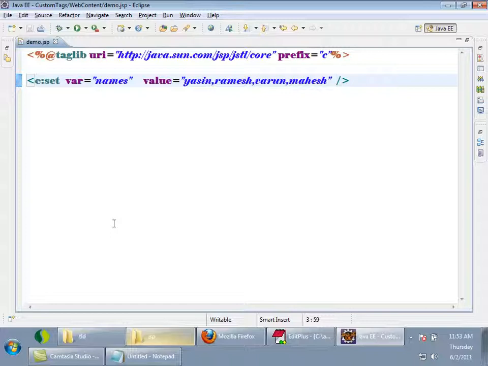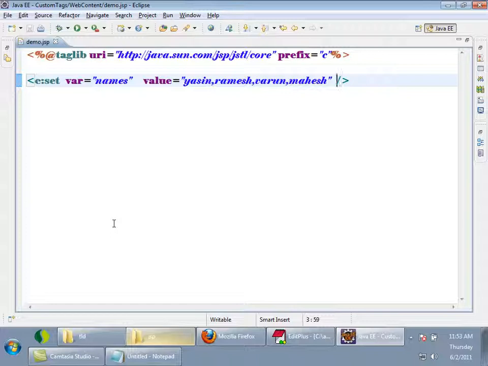So if you want to tokenize and iterate over each token, token means here I have set the names to comma separated values, right? So Yasin is one token, Ramesh is one token. Now I want to tokenize this string, iterate over each token and print the token.